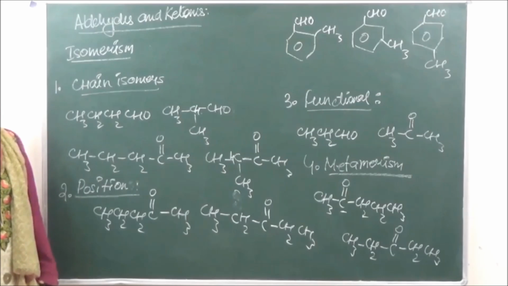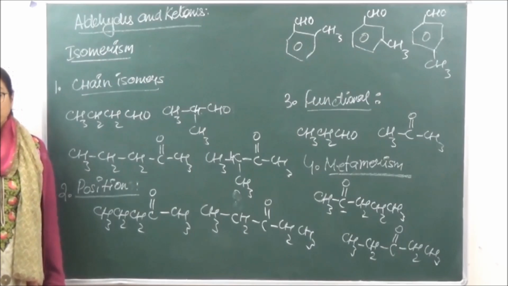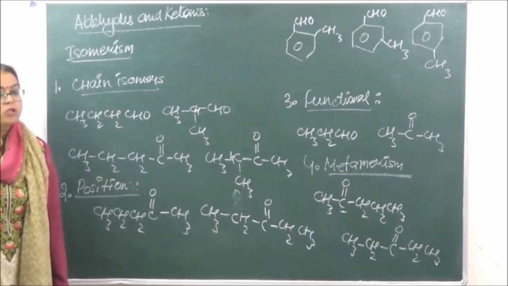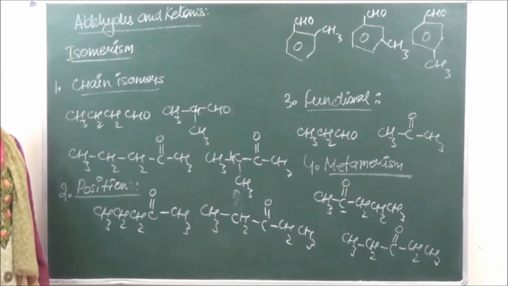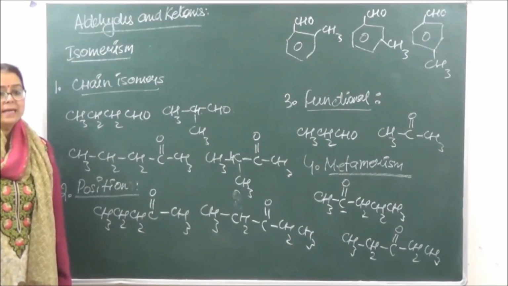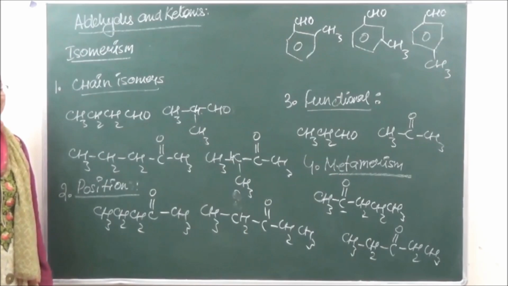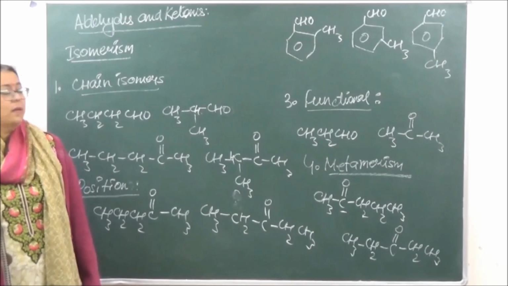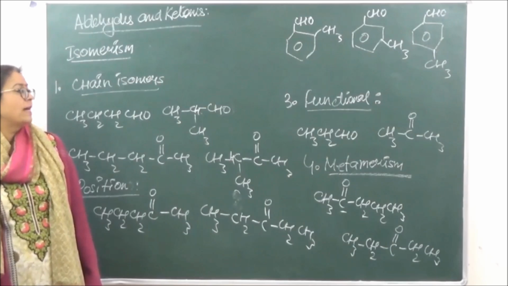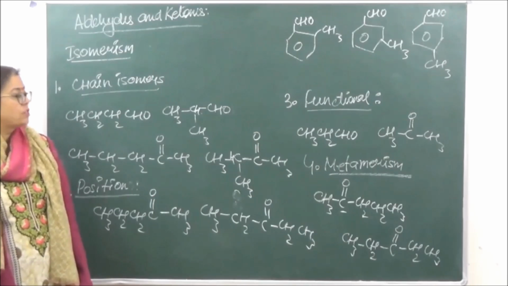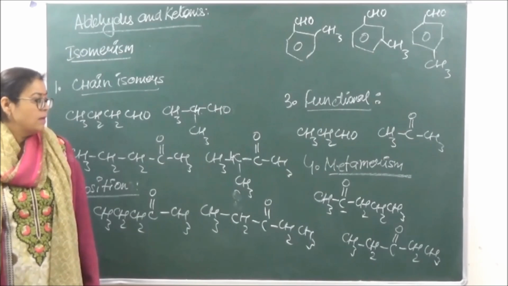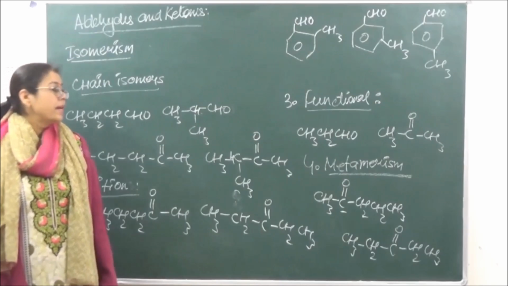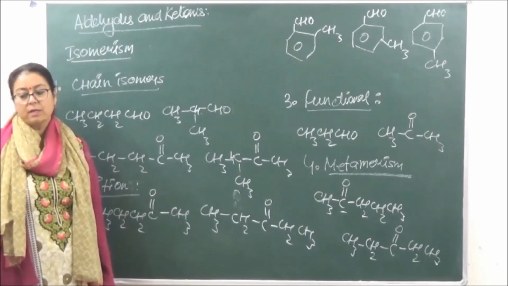So these are the isomerism which aldehydes and ketones are going to show. The first one, that is chain, in which the chain is going to be different. Position, in which the position is going to be different. Position isomer is not shown by normal aldehydes. It will only be shown by aromatic aldehydes if more than one functional group या more than one substituent is going to be present. Third आ गया functional isomers. So aldehydes and ketones, they are going to be functional isomers of each other. And finally we come to metamerism, where the number of carbon atoms on both sides of carbon containing the keto group is going to be different.